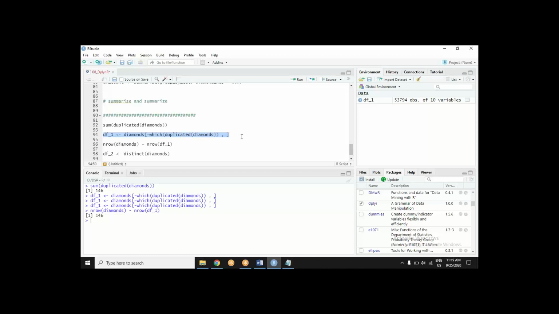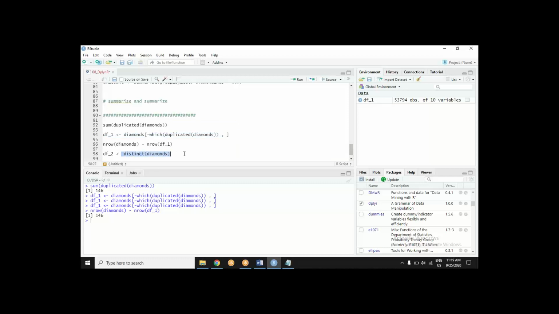It is okay, not very complex, but at least it is verbose. For a newbie, it will definitely confuse. Maybe it has already confused a few of you. I want diamonds, then I want duplicated, then those rows where it is duplicated, then drop those rows where it is duplicated, and then square bracket and this and that.